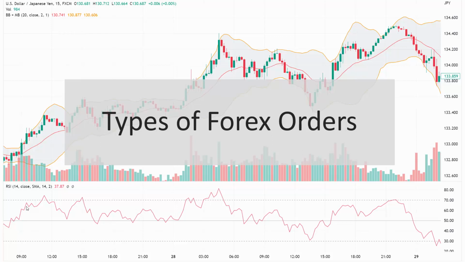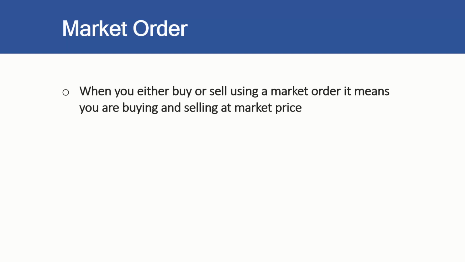In this lesson, I want to introduce you to the types of Forex orders. There are three orders you can take to enter a position. The first is a market order. When you either buy or sell using a market order, it means you are buying and selling at market price. The order will happen instantly at whatever the market price is. This order can be relevant to your trading strategy, but there are two more order types that you should be